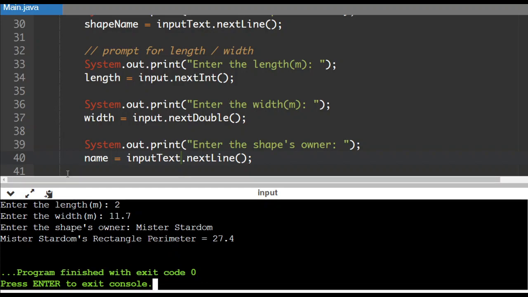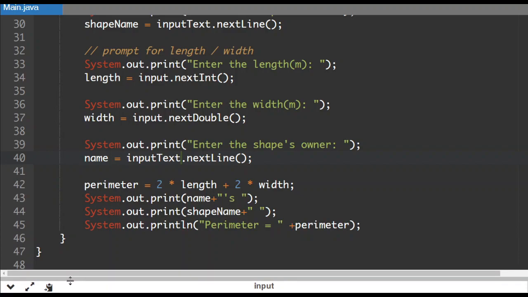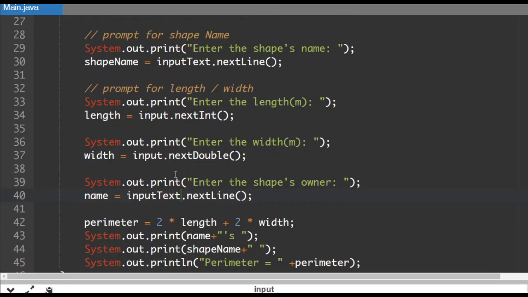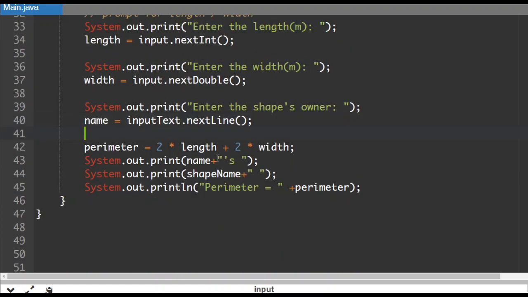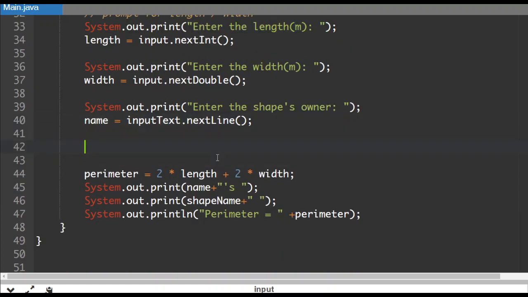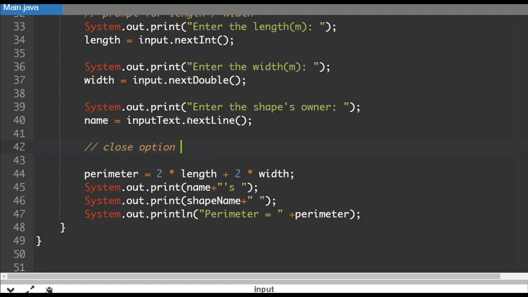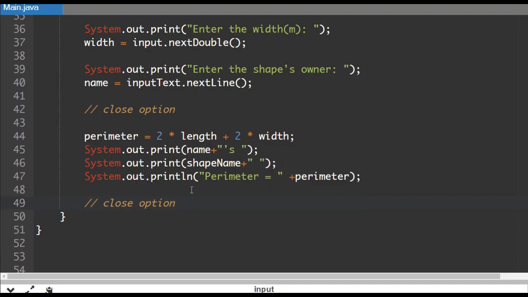Okay, the one last thing that we have to do whenever we're using an input object is we have to close it when we're done with it. So we've got 2 input objects that we've been using. Now the 2 places to do this is either here, so this would be a close option because we're done directly after that, or you can do it at the end of the program. So this is our other close option. So I'm going to do it at the end of the program here,